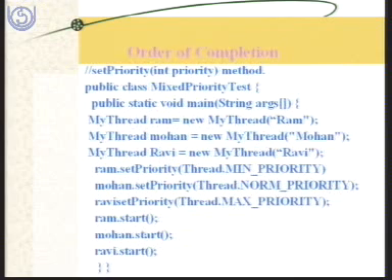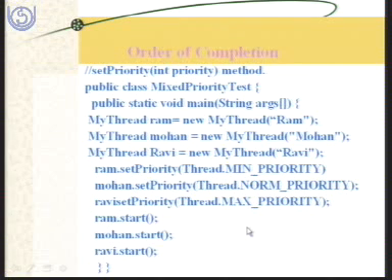Now if we test this program, you can go through it and see we have created 3 threads, Ram, Mohan and Ravi, and we are starting these three. Before starting, we have set the priorities of these three threads by using the setPriority method of the Thread class, which is used for setting the priority of threads. Ram has been set with the min priority, Mohan has been set with the norm priority, and Ravi has been set with the